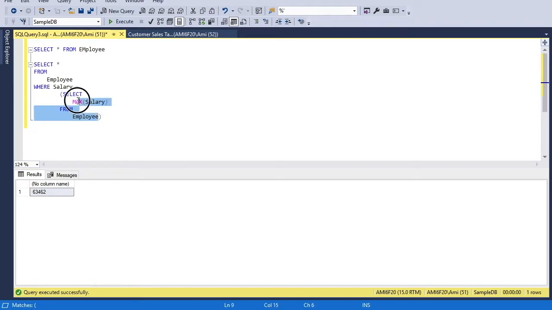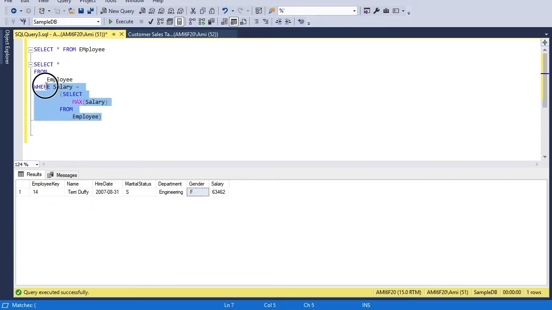From the inner query I'm asking for the maximum salary and that salary I'm tallying with the outer query, and where the condition matches we will show all the record sets of it. So when I run this, it gives me one row with employee key 14 and other details.